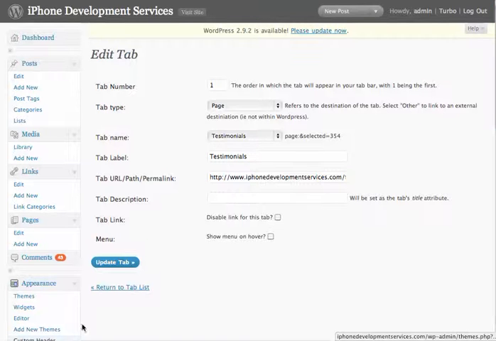So that's just a short tutorial on the different ways that you can create your navigation within